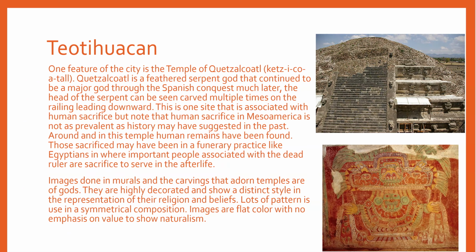Now, an interesting feature of Teotihuacan is what's known as the Temple of Quetzalcoatl, which is in the upper right, and in the lower right is a painting of Quetzalcoatl, and he is known as a feathered serpent. So here's the eyes, the nose, right, and the headdress that's coming out. But Quetzalcoatl's head is also along here as well. And Quetzalcoatl is also adopted by the Aztecs, also by the Mayans, and is sort of, let's call it, a Zeus sort of character.